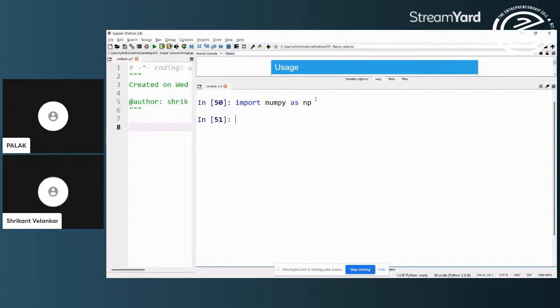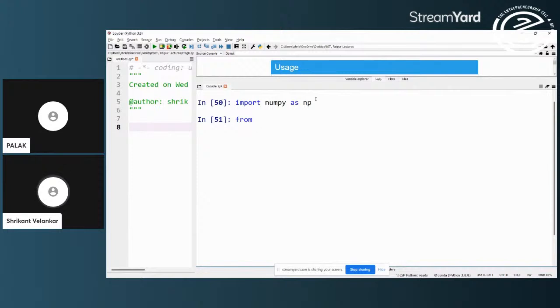If I want to import only a subclass from a library, you can do that also, which has a slightly different syntax. It says from. Because I have already imported the whole of NumPy, I will not do it here.